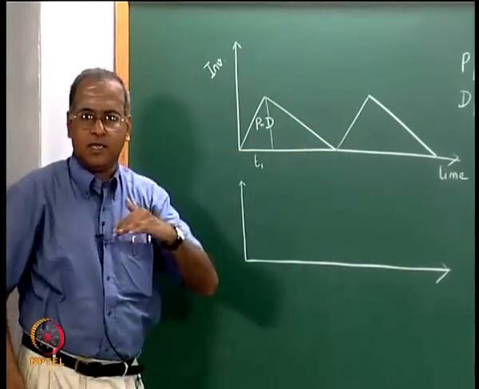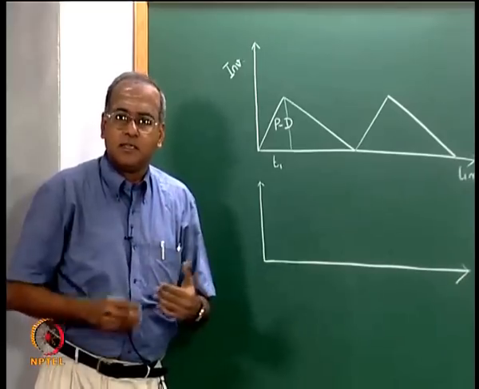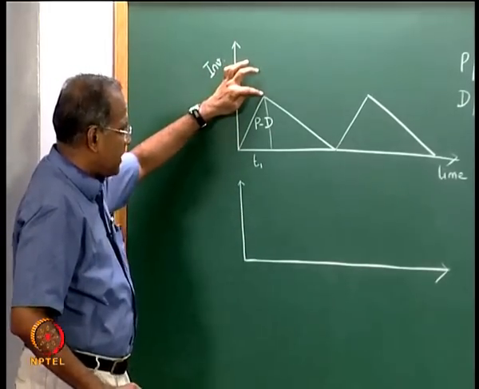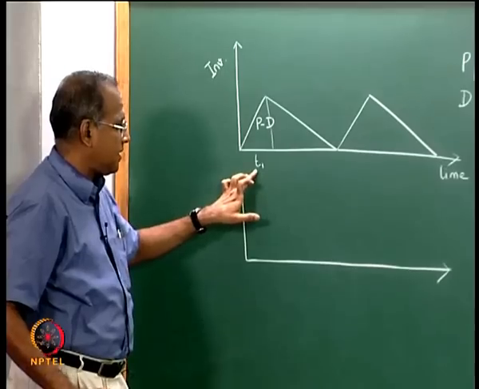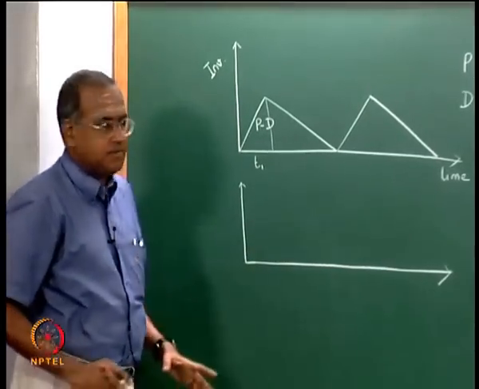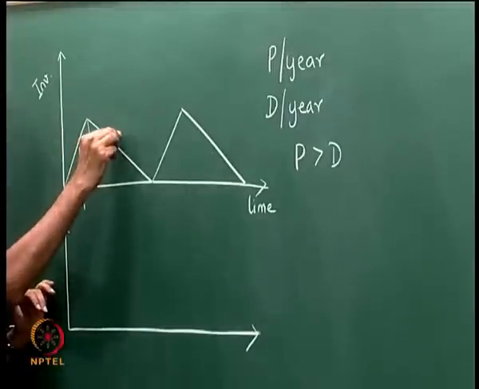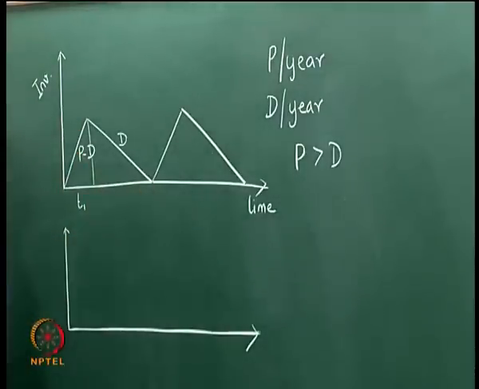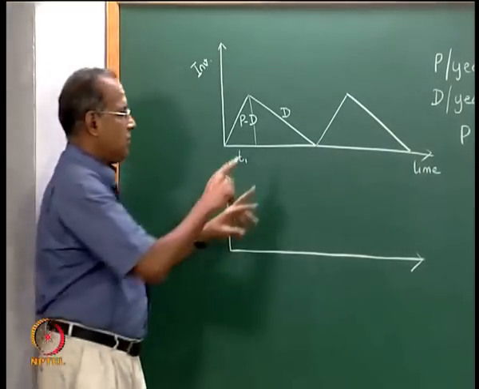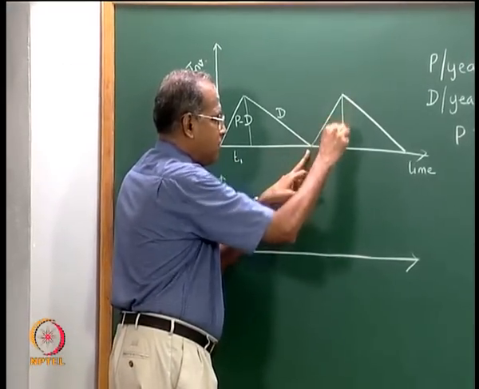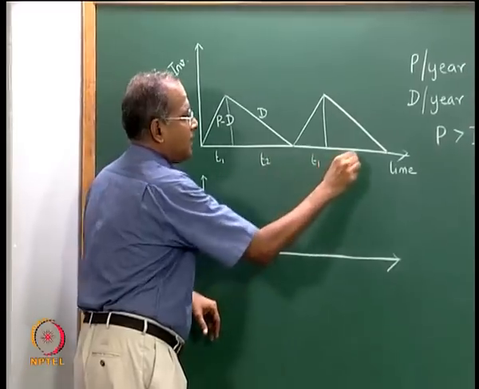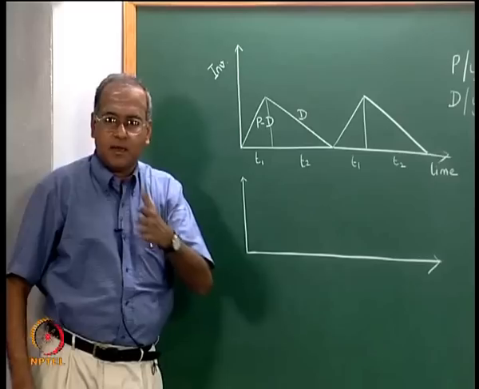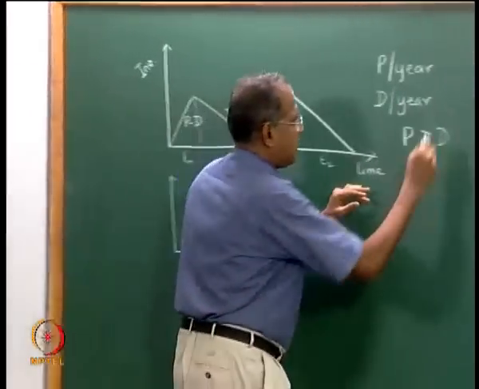But this graph is for the item and not for the facility that is producing the item. So, as far as the item is concerned, inventory is built up at the rate of P minus D for a period T1, production stops, and then this inventory is consumed at the rate of D till the inventory position reaches 0, then the cycle starts all over again. So, once again from here it is produced for a period T1 and again consumed for a period T2 and so on. So, we derived the expression for the economic batch quantity, which was called EBQ,